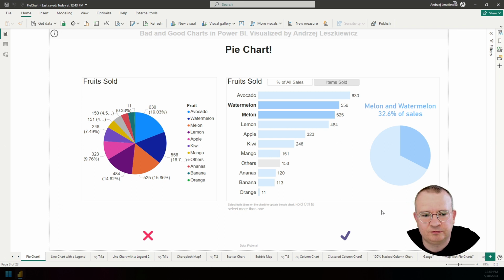This combination of charts works really well in this case.